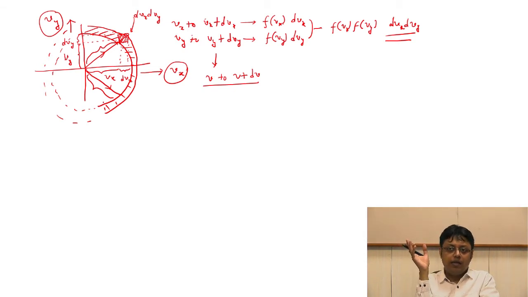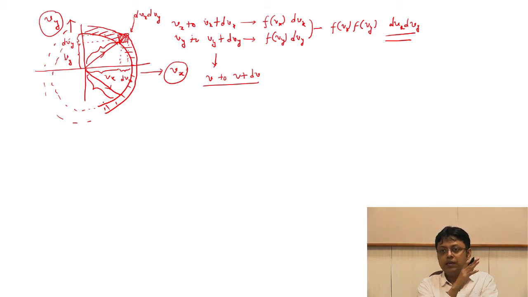So what I'm trying to say here is that in the velocity space, if you look at a particular direction, then you can always say that this vector represents the value which simultaneously has the velocity in the x direction as vx to vx plus dvx, and in the y direction vy plus dvy. But I am not interested in calculating that. I am interested in calculating the speed independent of the direction. So I say that the speed will be just v into some dv.